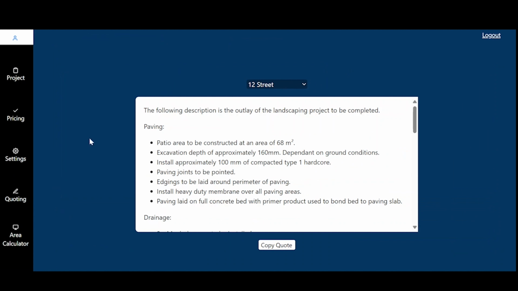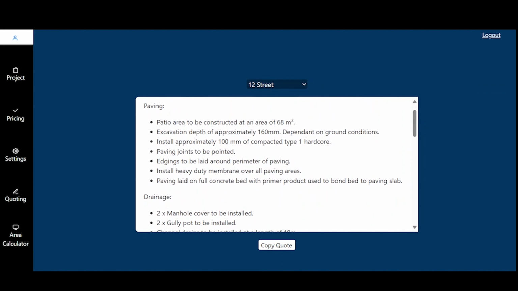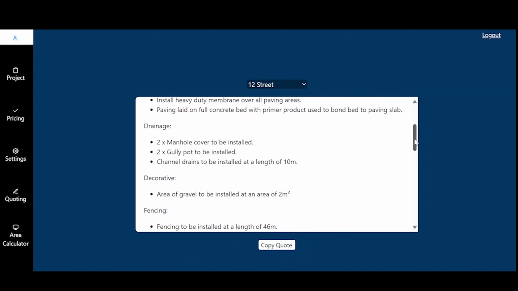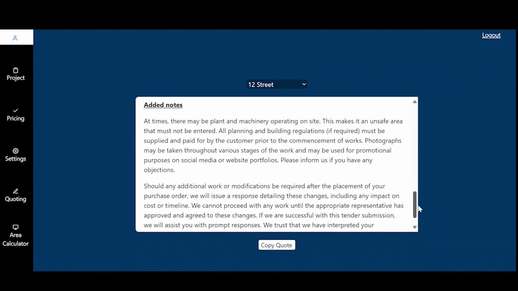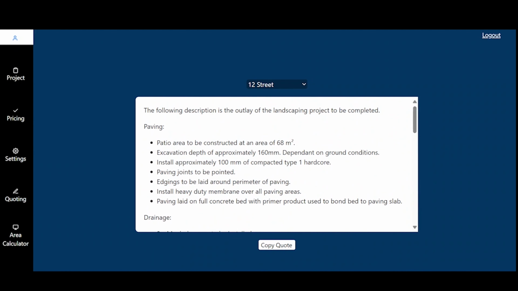One final thing we need to do is head over to the quoting tab. Here we can see that the project we have just priced is in a professional quote. Using the measurements and prices we have just entered, we can see a breakdown of the work that is required, the total cost of the project, and also some general requirements and guidelines needed for a customer. All we need to do now is to click the Copy Quote button and send this off to the customer